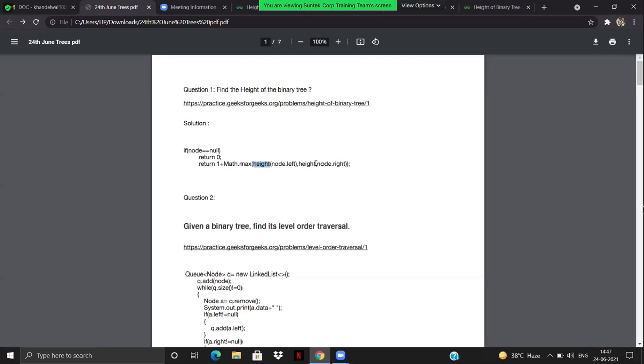It fairly depends on the number of nodes we have, but the time complexity for this is going to be 2 to the power n, because this is going to iterate for n number of times, right? At least not n, but it is going to iterate n by 2 number of times. But if we talk about the worst case, it's going to iterate n number of times.